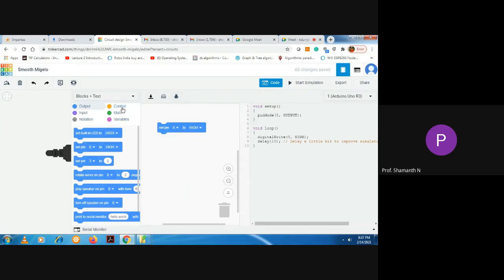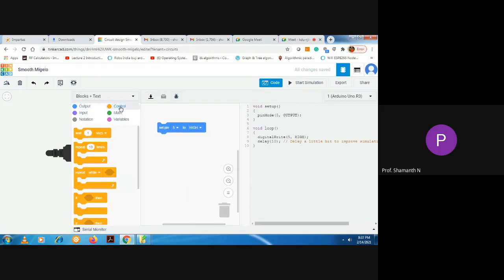Click on this control option. If you see my cursor carefully, I am clicking on the control option. Again, there are multiple code blocks coming. Select this wait 1 second and drop it here, just below the set pin 5 to high code block.